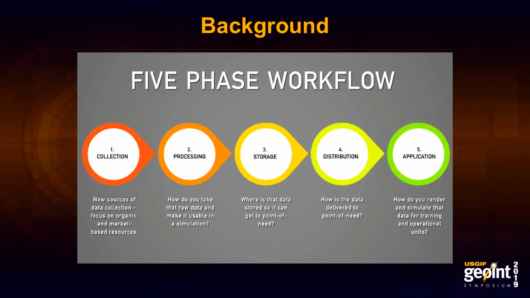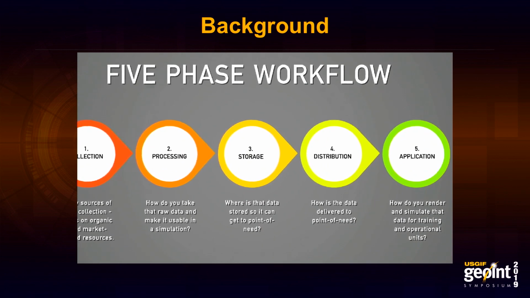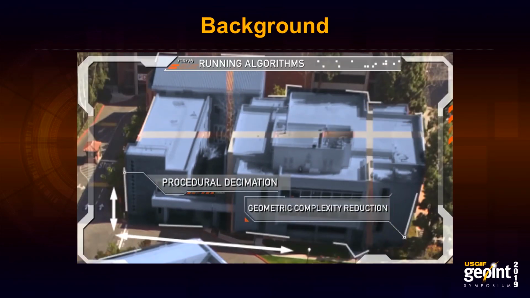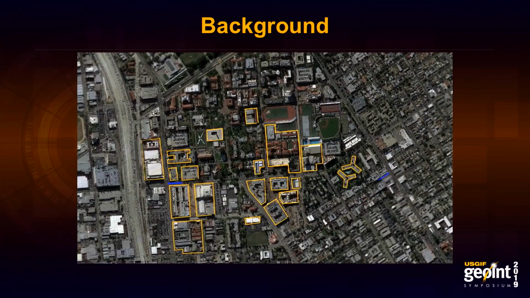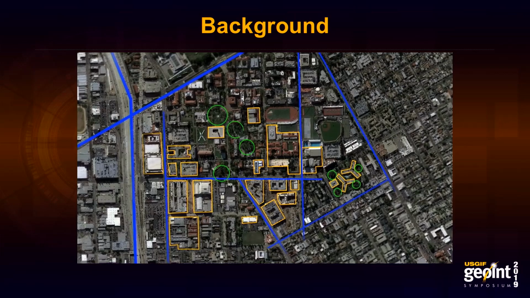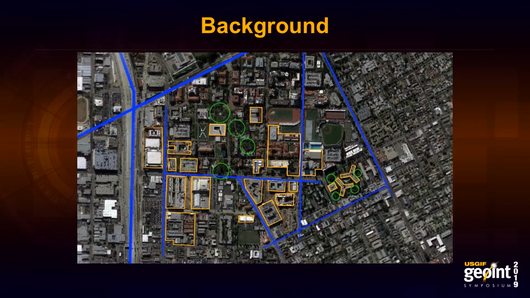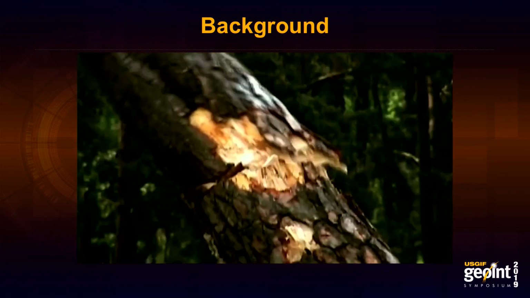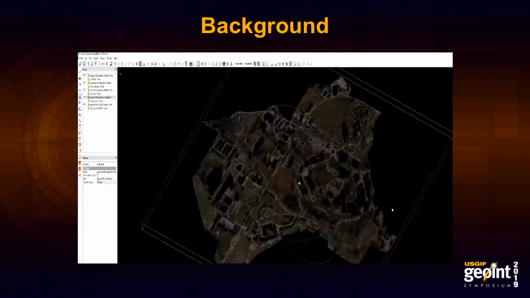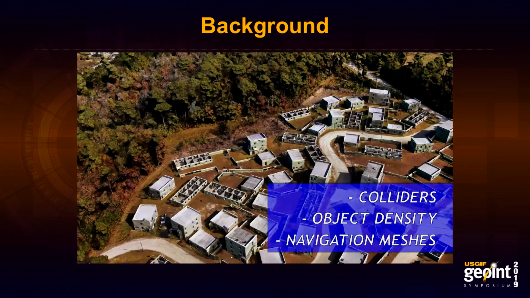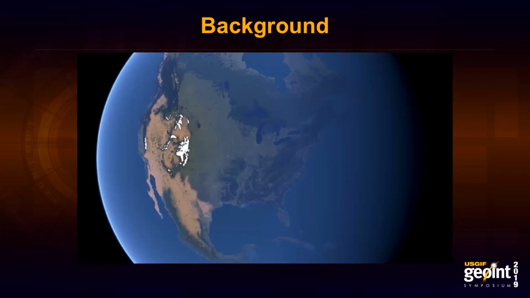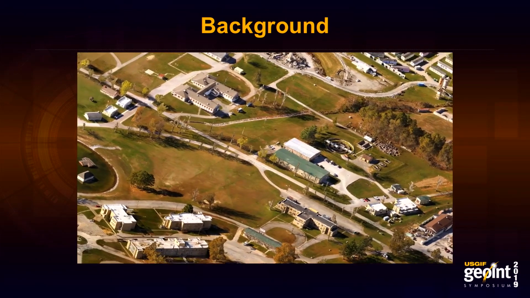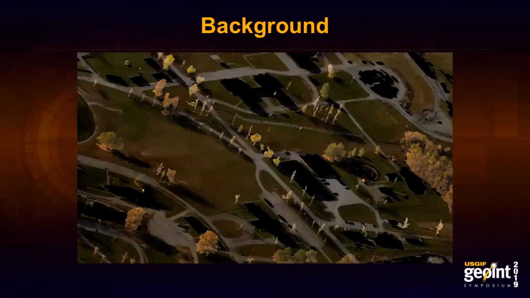This research is built on a 5-phase workflow that goes from the collection of data to its final application. One key advancement will be in the classification and segmentation of terrain features, which is part of the processing phase. Features like structures, vegetation, and road surfaces require special handling in a training and simulation context. For example, both trees and concrete walls can block line of sight, but trees are more easily damaged than concrete. In short, when real environments are turned into virtual environments, they don't yet have the attributes that make them useful in training and simulation. This means that terrain data needs to be rendered into classified objects, and those classified objects make up segments such as buildings, trees, or the ground.